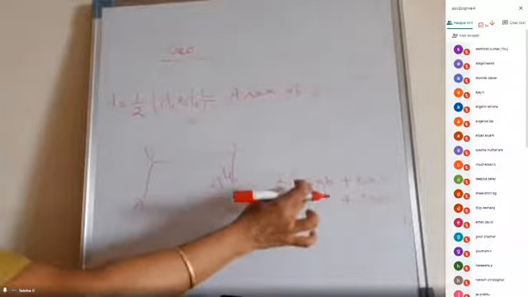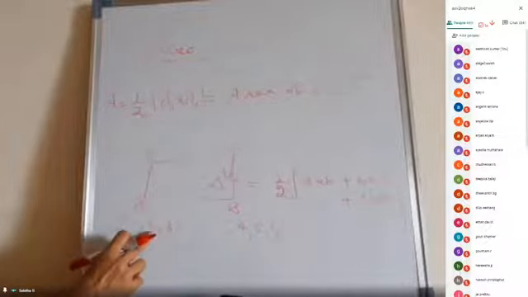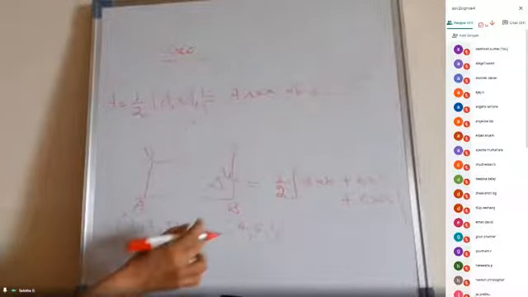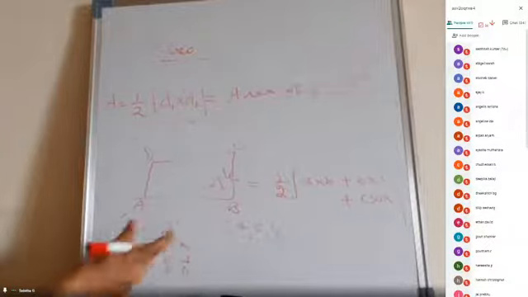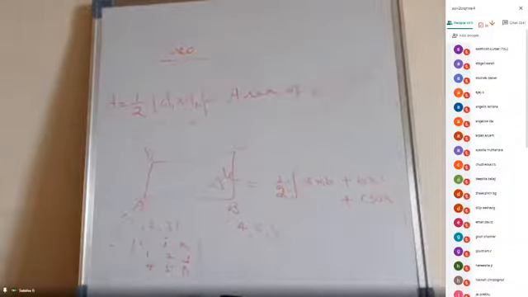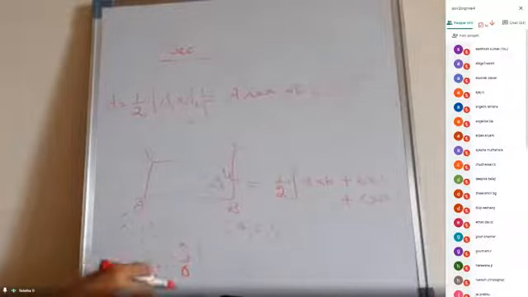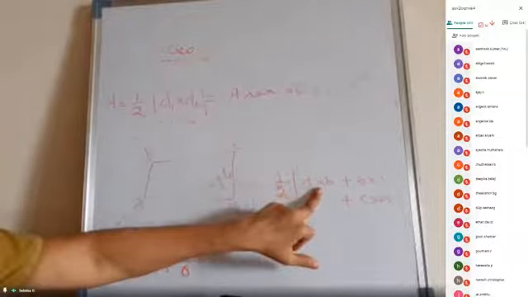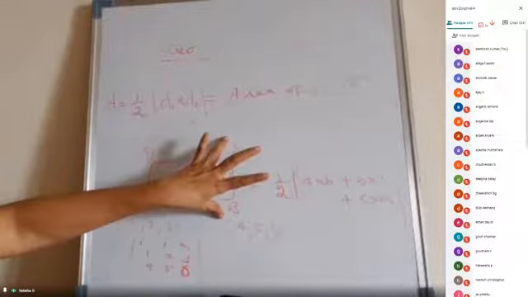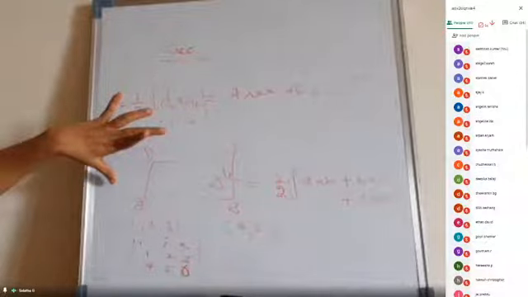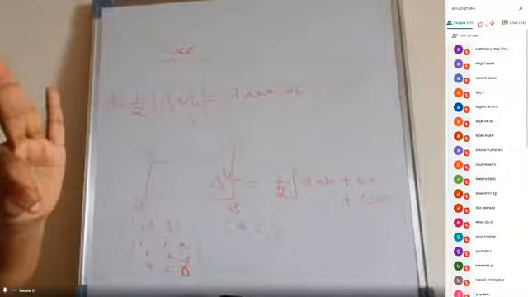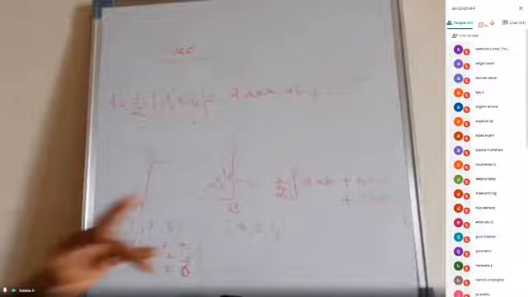The area of a triangle is half of, what is A cross B? A vector: i, j, k, 1, 2, 3; B vector: 4, 5, 6. Long process, isn't it? This is also a shortcut: i j k, 1, 2, 3, 4, 5, 6. If you use this, you will get A cross B. Then B cross C, again you have to use this. Then C cross A, again you have to use these two. You have to apply 3 determinants, then add, then take modulus, the long process. Nobody will use it.